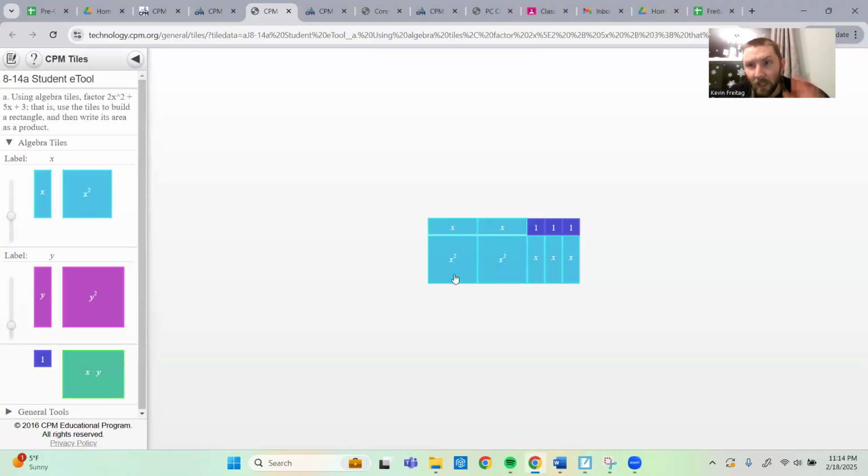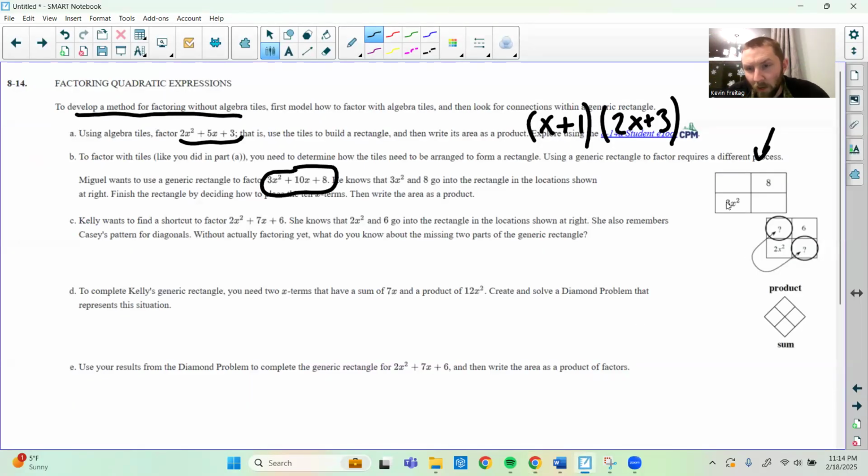The x squareds are together in the bottom left, and the single numbers are together in the top right. So that's what he did. Bottom left and top right. Okay, 3x squared in the bottom left, they're all together. The plus 8, the individual pieces, together in the top right. And what we have to figure out is what's going to go in these two spots to make the correct